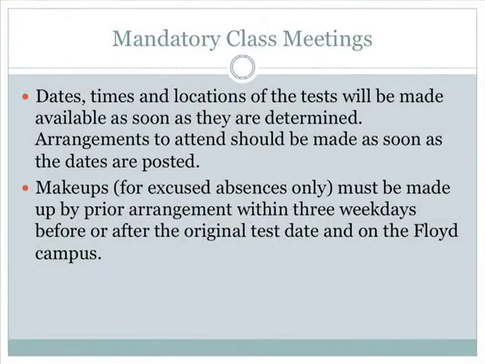We will be meeting for a number of mandatory class meetings. As soon as these dates are determined, they will be sent either through your Georgia Highlands email or through Georgia View Vista. And as soon as those dates are posted, you will need to make arrangements. For example, arranging childcare, or work related arrangements, maybe taking an afternoon off or leaving work early or whatever the case may be. But you should get these dates in plenty of time to have a reasonable length of time to take care of these things.